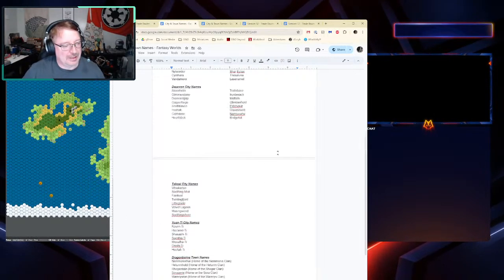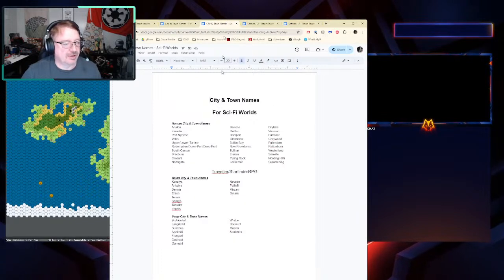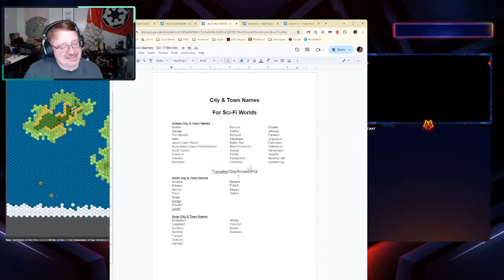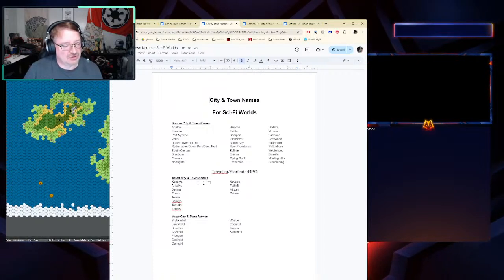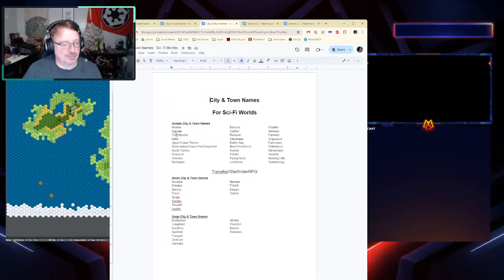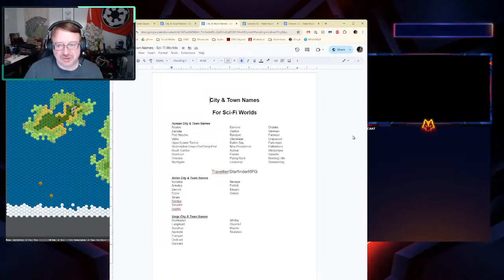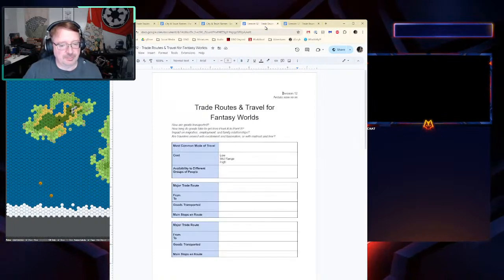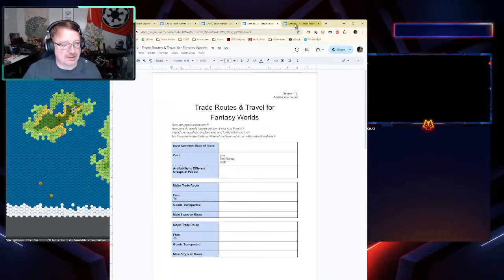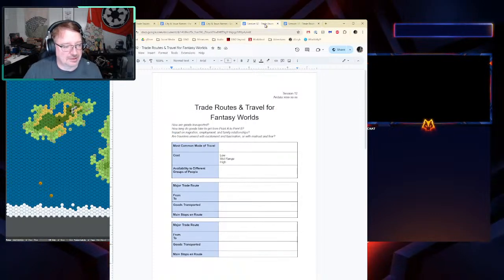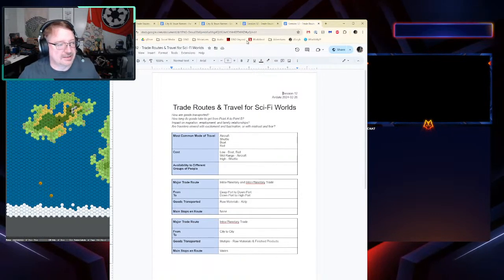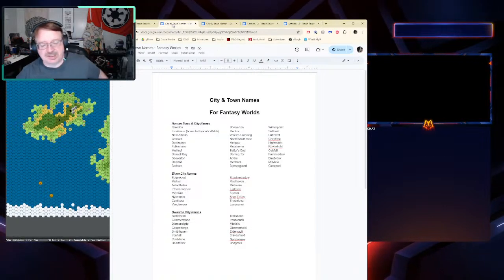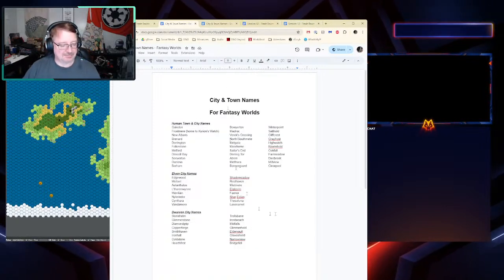So I've got those to plug in. And then for our sci-fi setting, since I haven't really settled in on Traveler versus Starfinder yet, I'll probably just label human cities tonight, just for the sake of getting those done. And then we will flip into some trade routes in the fantasy setting and some trade routes for the sci-fi setting. So, all that being said, I'm going to pop open the map